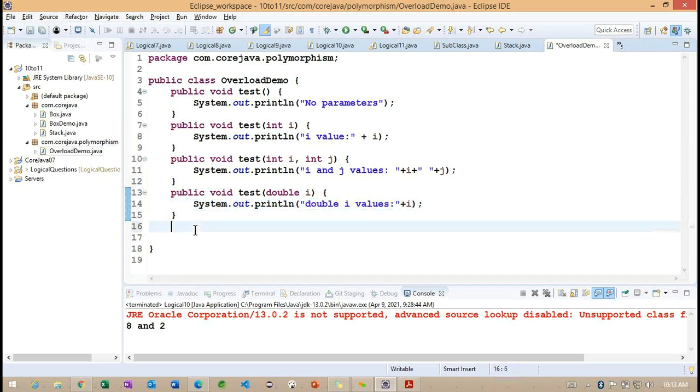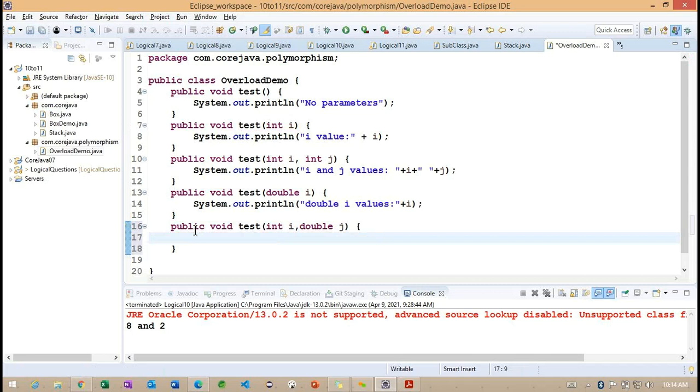Now you can understand this particular method is expecting two parameters, but the two parameters are different. Carefully observe: even though this test method is expecting two parameters, the two parameters are different here.